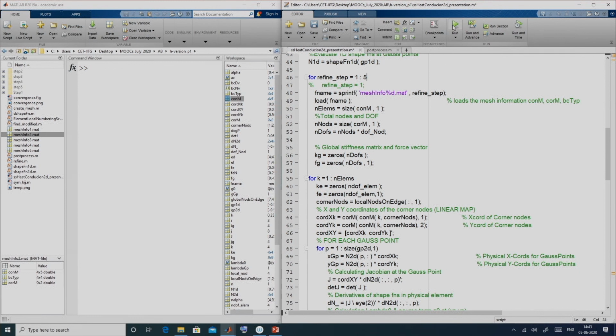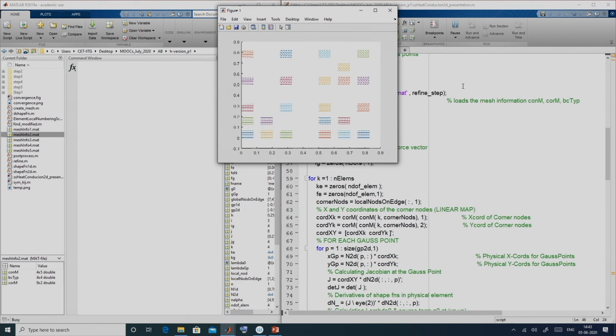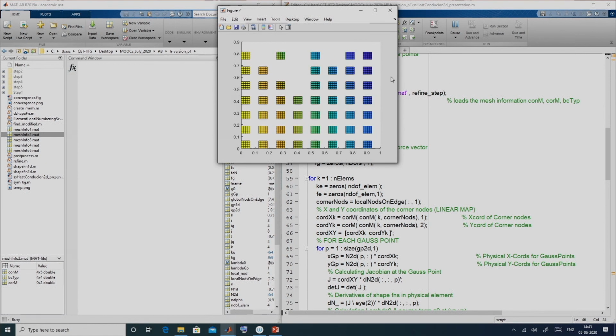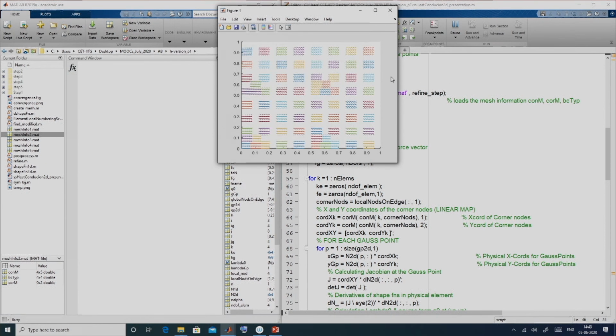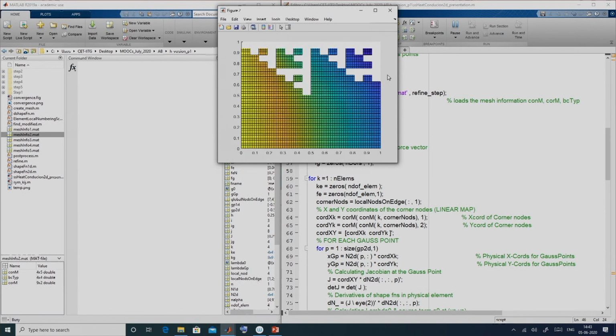So if I run it for 5 refinement steps, means we started with 1 element, then 4 elements, then 16 elements, then 64 elements, and then lastly 256 elements. Alright. So it will take some time to show the heat flux part. Alright. But the calculation part is over.